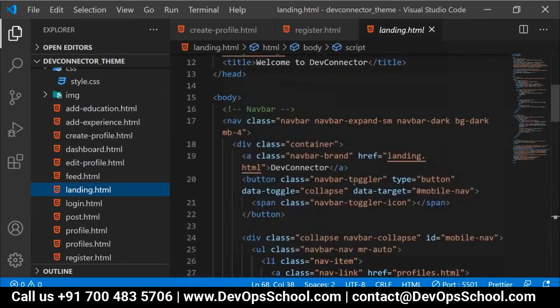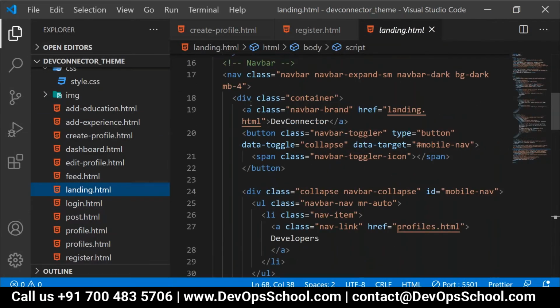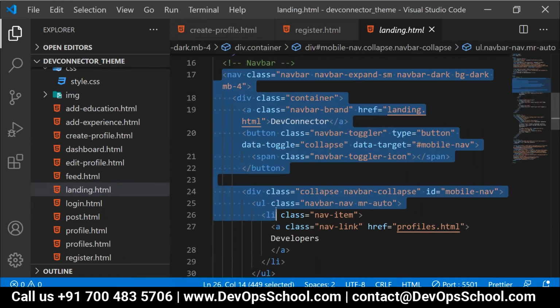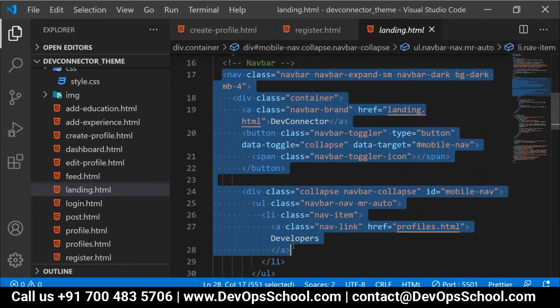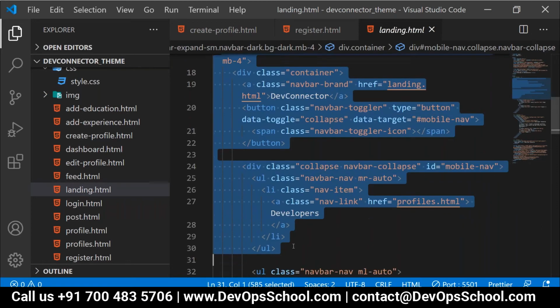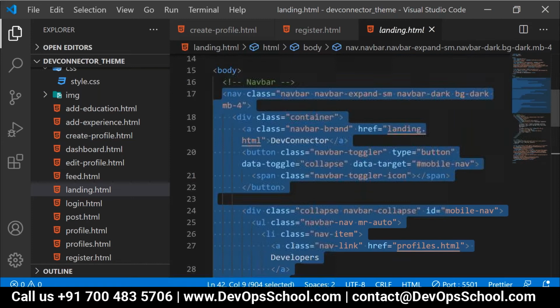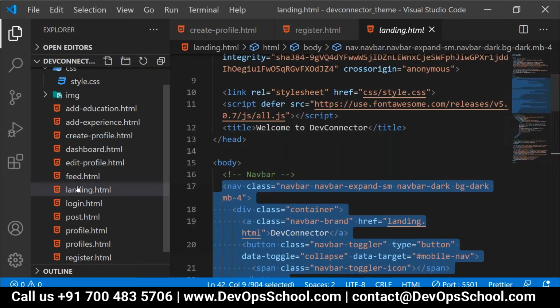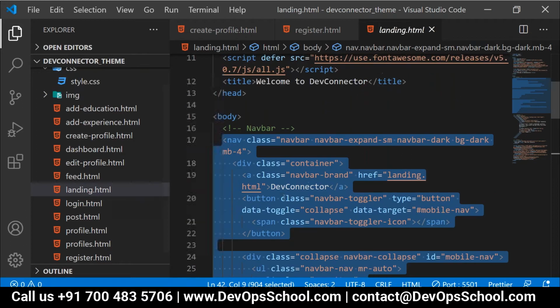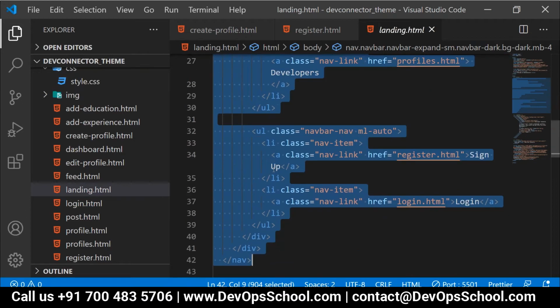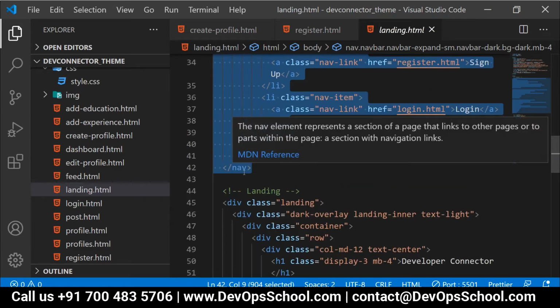We will now have a look over here. This navbar content, it's already defined, am I right? People, are you getting my point or not? I have given a file, correct? Can you find landing.html, everyone? If you go to landing.html, from line number 17 till line number 42, the navigation contents are already written.